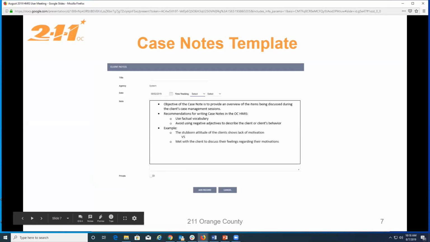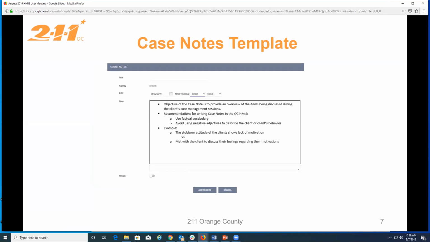Okay, good morning, everybody. I would like to talk about case notes. So we would like to give you some recommendations on how to write case notes in HMIS. And of course, you have the autonomy to write the notes in the best way that fits the necessities of your projects and the policies and procedures. But we still want to share some things that we think are really important to consider when writing case notes.